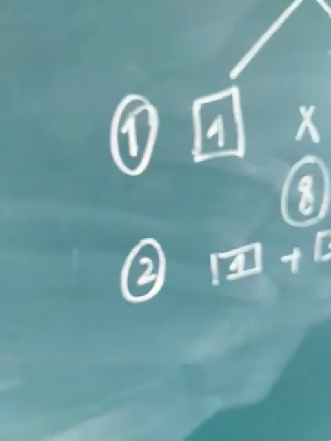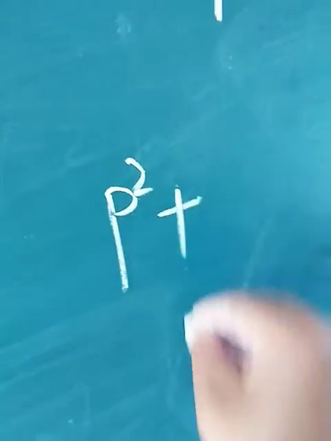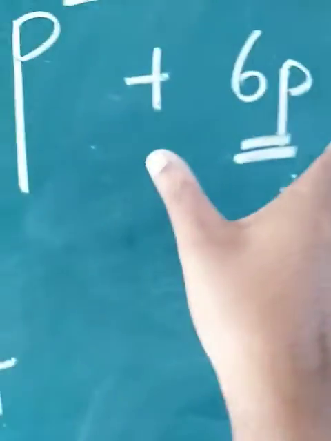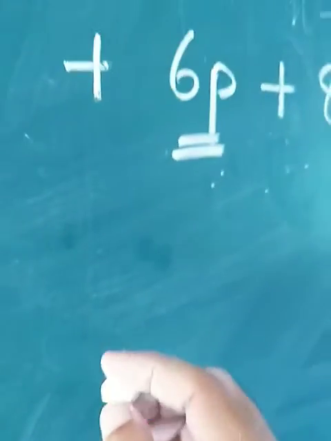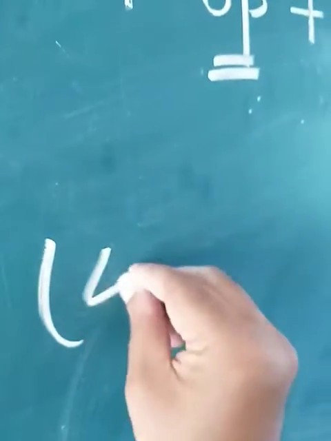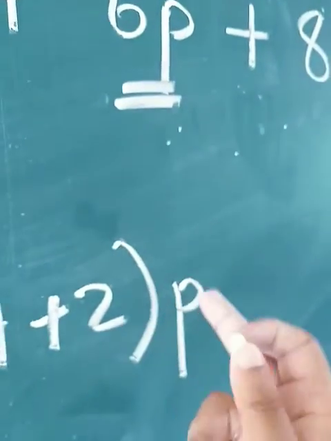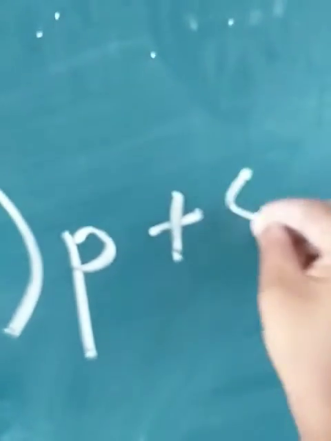Once you are aware of the 2 numbers, now how to use these 2 numbers? This is our second part. As I said, the name of this is middle term factorization. So you will put the required numbers in the place of the middle term. That is 6p, you will write as 4p plus 2p. Now we'll give one bracket. You will write the coefficient outside the bracket, students, and then you will write 8.